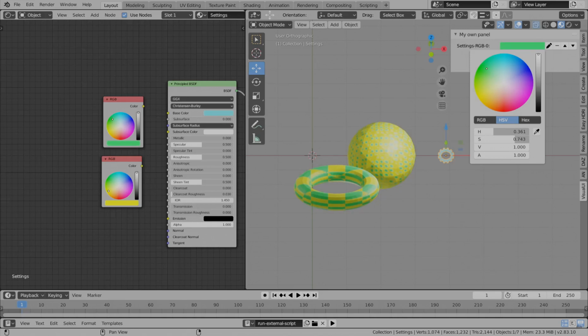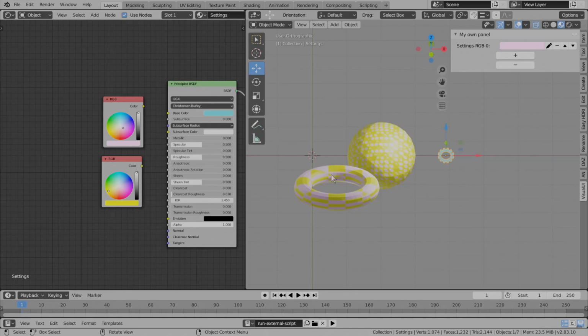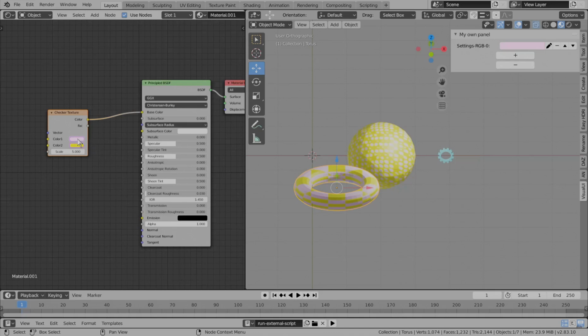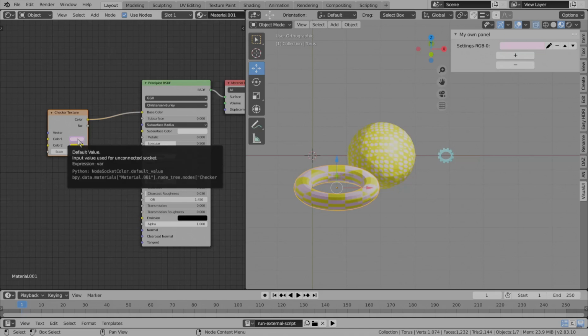Now, why is what you are looking at here working? Because of course, previously I already linked these colors of my settings material to these two other materials. I did this with normal Blender drivers.